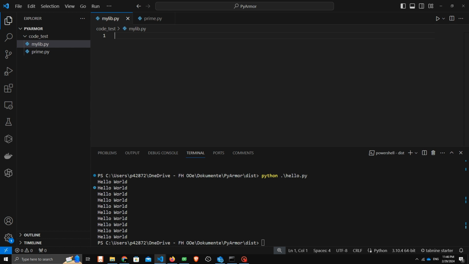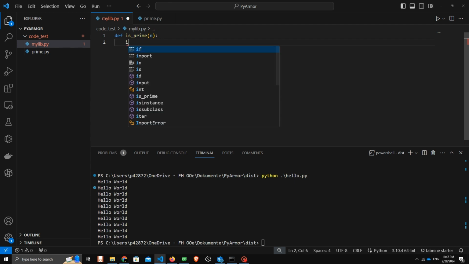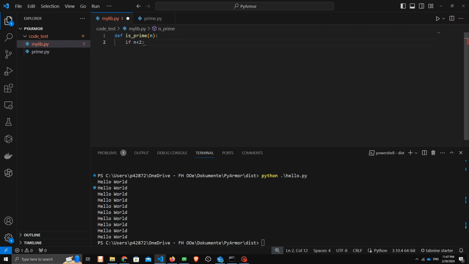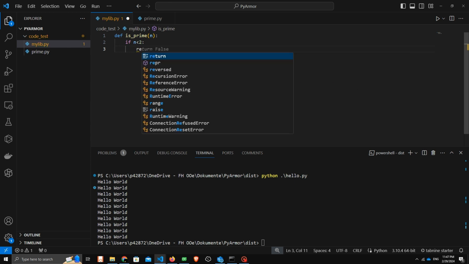So let's write a function that checks whether a number is a prime or not. So def is_prime, and it gets a number, let's say n, and if n is smaller than 2, then of course return False,